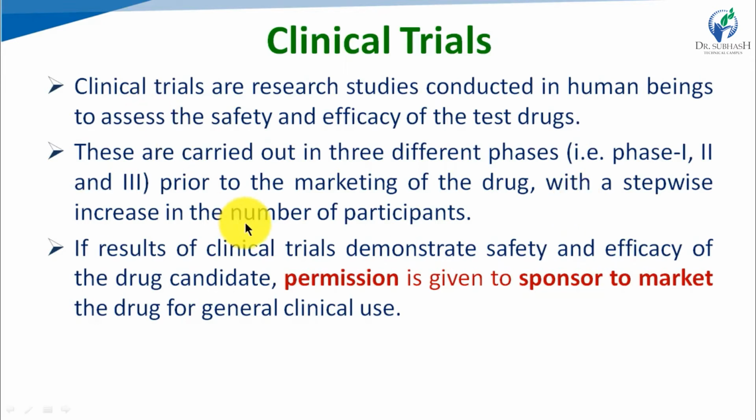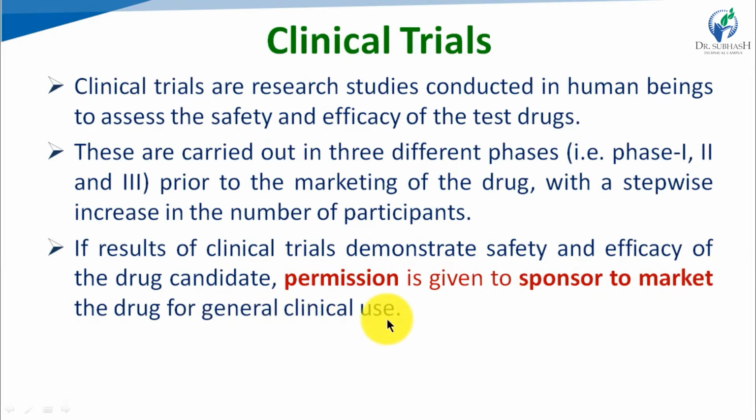With a stepwise increase in the number of participants, we should go for a clinical trial. That means यहाँ पे initially phase 1 में कम use करेंगे, then afterwards the participants will be increased and in the last stage the participants will be again increased. If the result of clinical trial, जो भी यहाँ पे result आते हैं, if the result of clinical trial demonstrates the safety and efficacy of the drug candidate, then permission is given to the sponsor to market the drug for